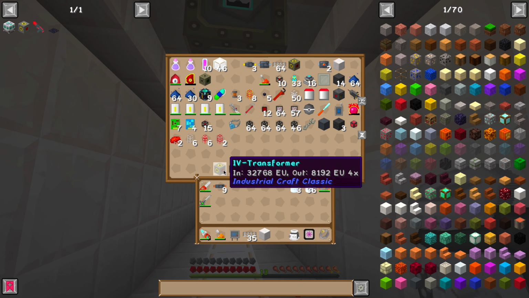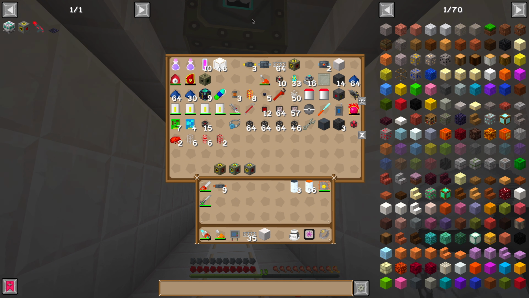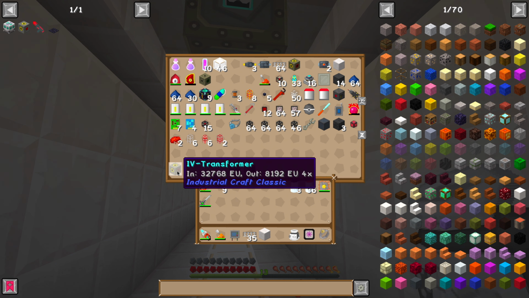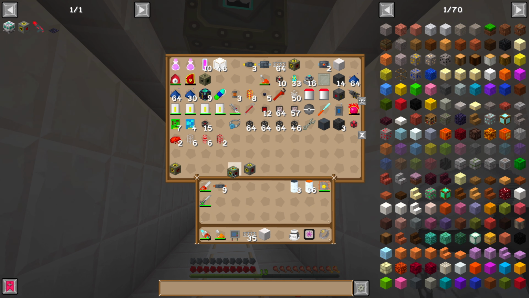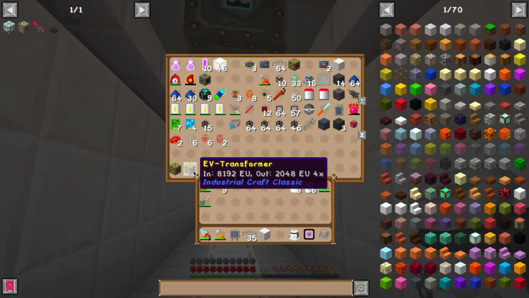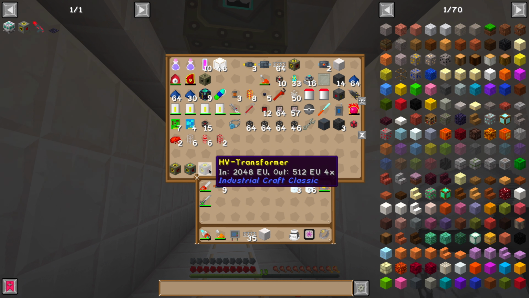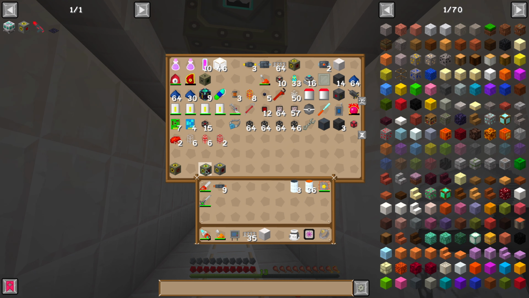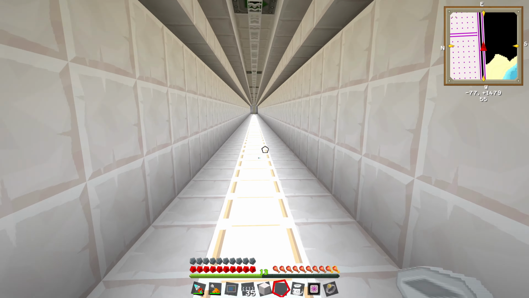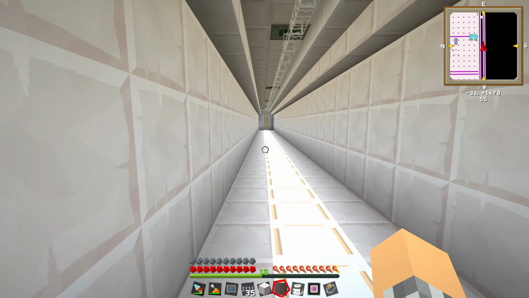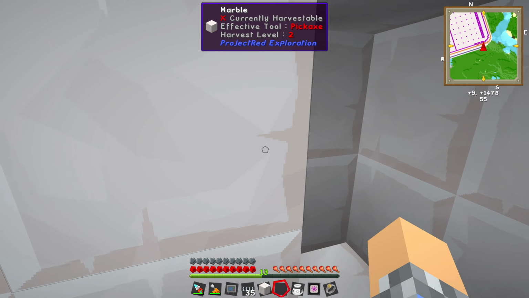We're going to go 1 packet of the ludicrous voltage, and that'll output 4 packets. But once it goes into here, this will only accept 1 packet of the insane voltage and output 4 packets of extreme voltage. Then this will only accept 1 of those extreme voltage packets and output high voltage, 4 packets of it at least. So we might, at some point, need, if what we learned in the basement is to be extrapolated indefinitely, which it is,